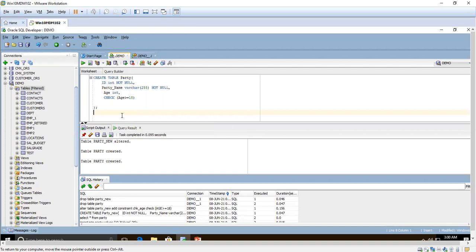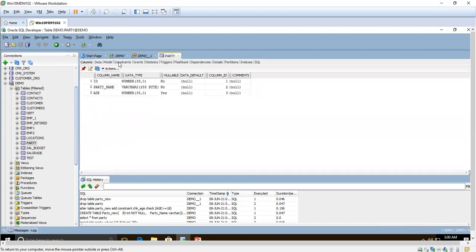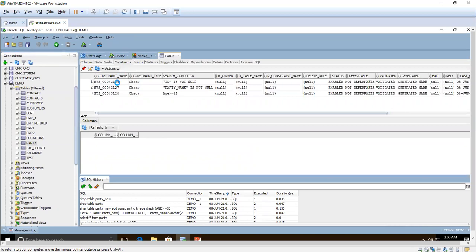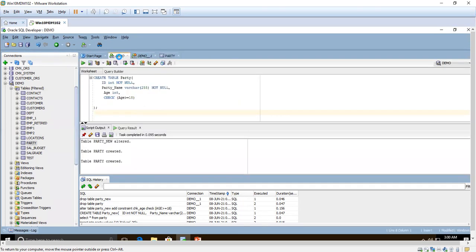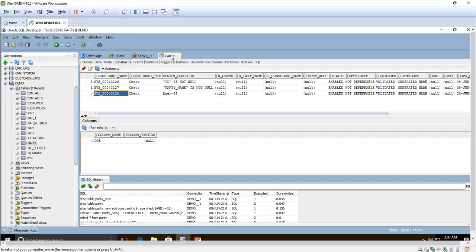Now I will show the table. See here, the check constraint has got created, but the constraint name is created by the system itself.